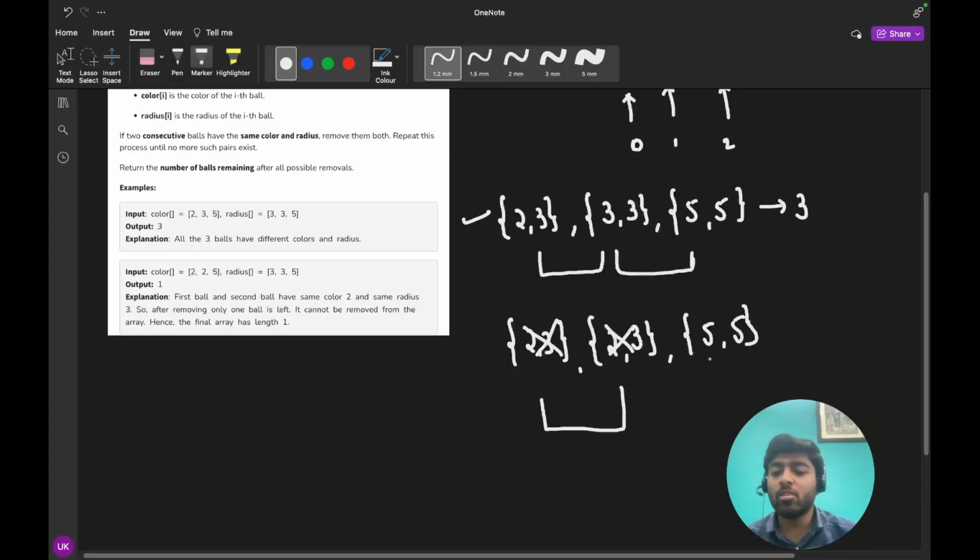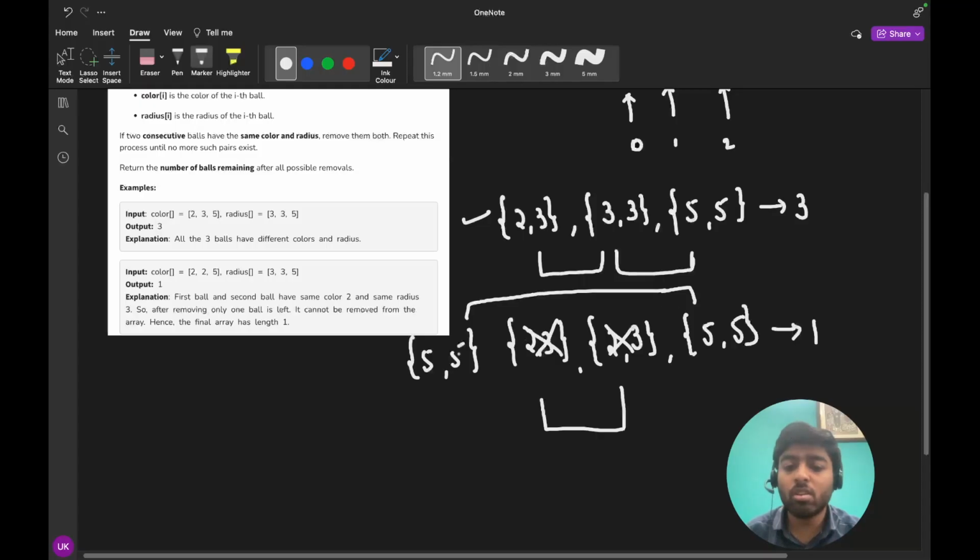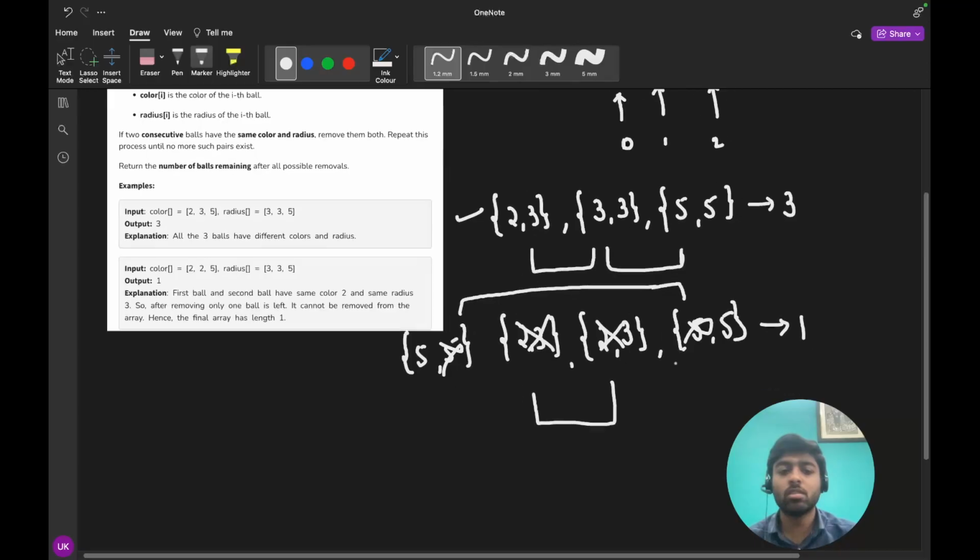After it, this ball is left, and no other balls are consecutive to this ball with the same value. So we will return our answer as 1. Let's suppose if here also the value was 5 comma 5 in the starting, then after removing these two balls, these will be consecutive, so we will also remove both of them in that case. Okay, I think you got the answer.